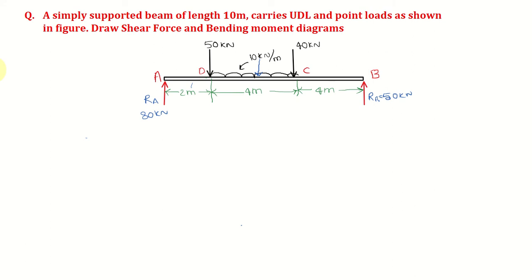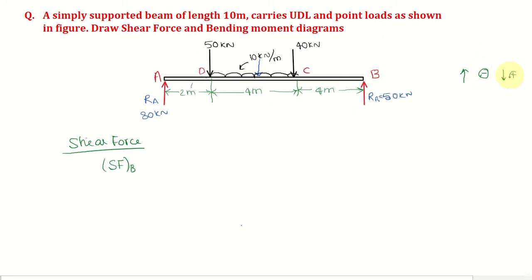Let us now try to find out the shear forces. Okay, just a minute. Shear forces. So as we are habituated to calculate from right to left, let us continue with the same. So let us see it, shear force at B. So if you see shear force at B, we have one reaction force that is acting upwards. So I have told you in previous videos to remember the trick. When it is going upward, think this is anti-gravity, going against the gravity, take it as negative. When it is coming down, take it as positive. So let us, as a section, we are considering.